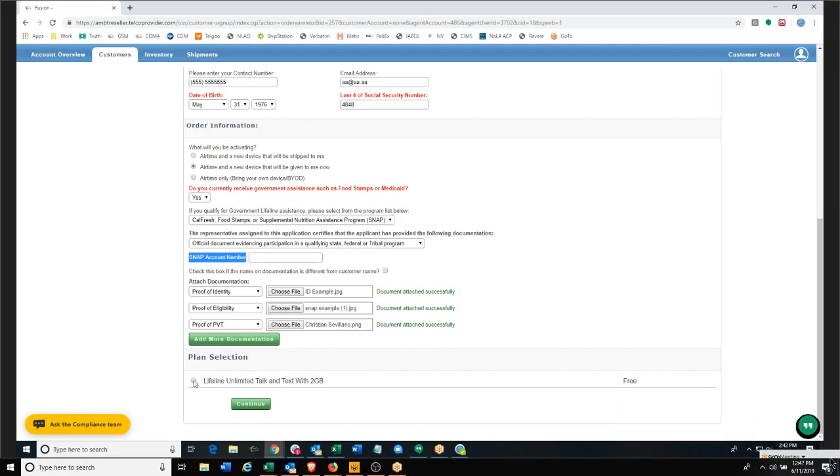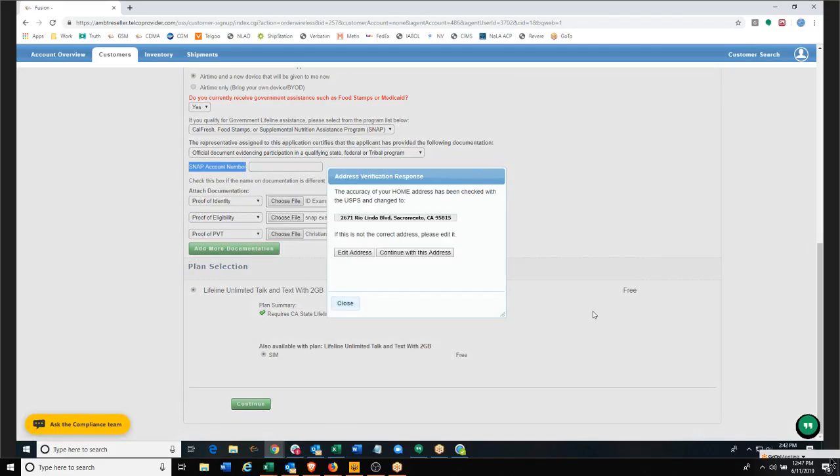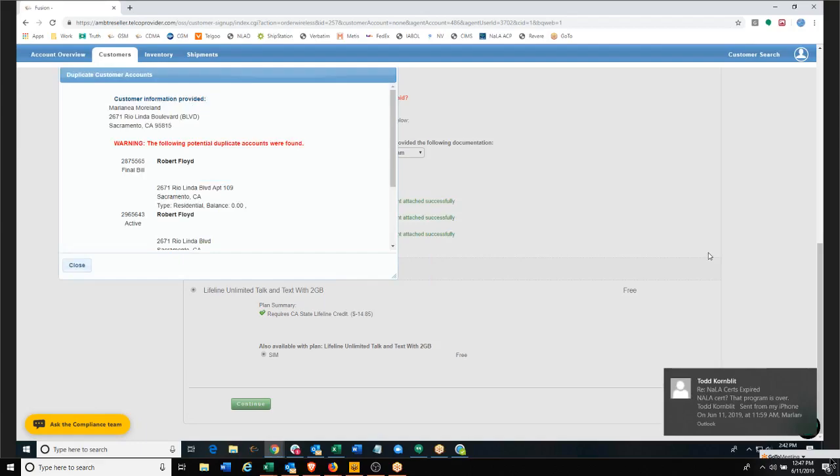So the next section, the plan, you choose the Lifeline Unlimited Talk and Text. You choose the SIM button, that little sticker right there, and then choose Continue. This is what it's going to do. It's asking to verify the address. Is this the same address? If it is the same thing, you go ahead and continue with this address. They may have put a space or an extra letter in Boulevard. So continue with this address. And then